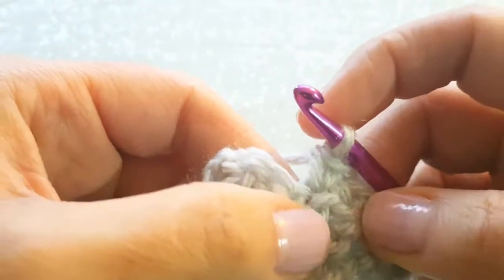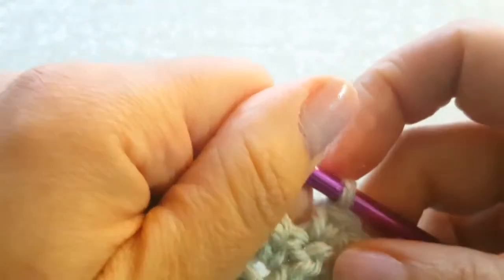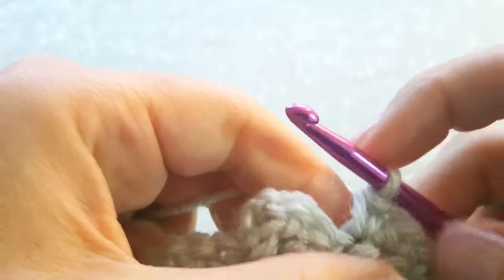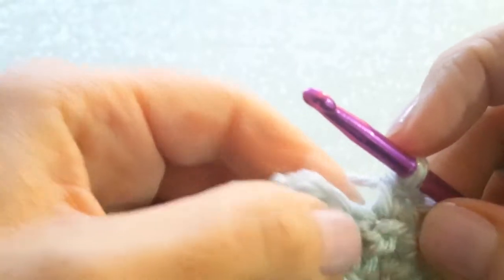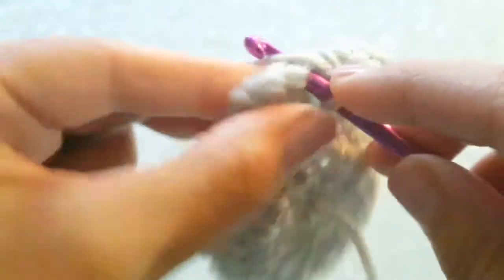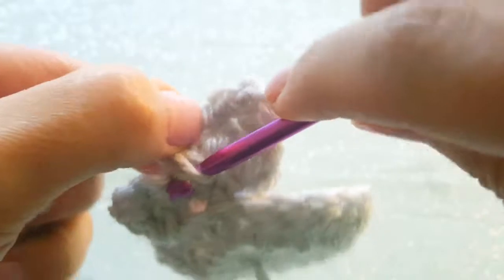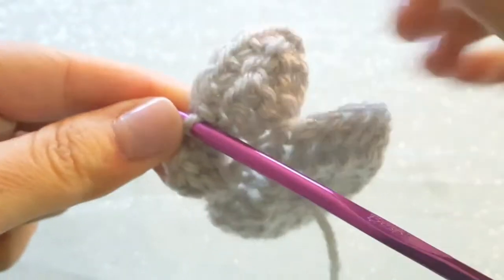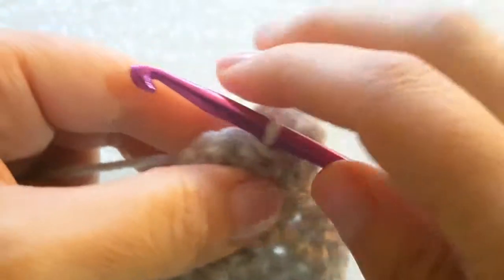Once you've done a single crochet into each of the next 4 stitches, we're going to slip stitch into the next single crochet. So remember how we did a single crochet here to dip down? We're going to slip stitch into that, and again that just maintains the shape of the ear dipping down. Okay,